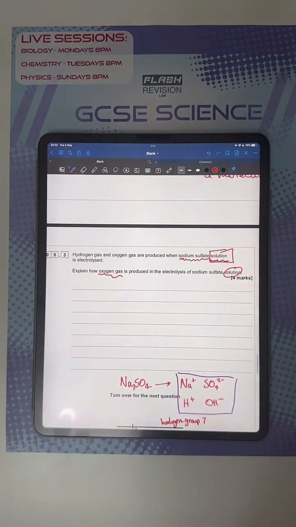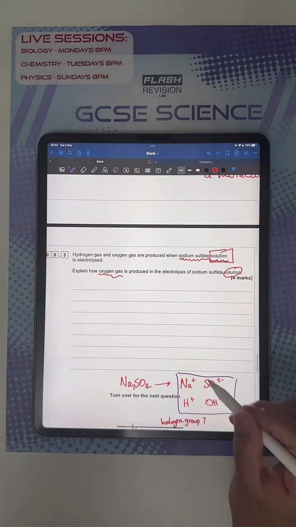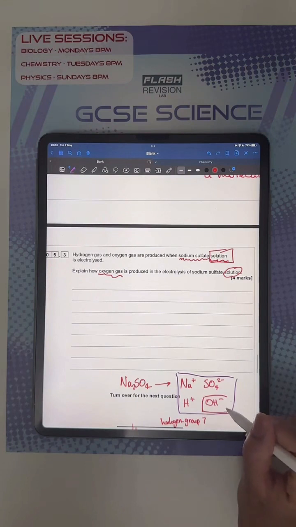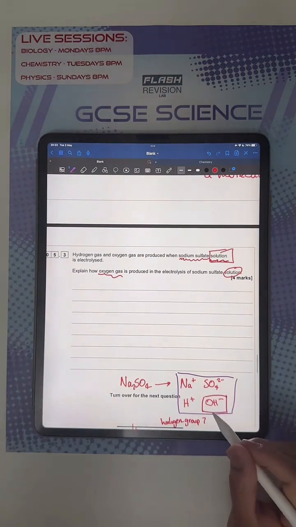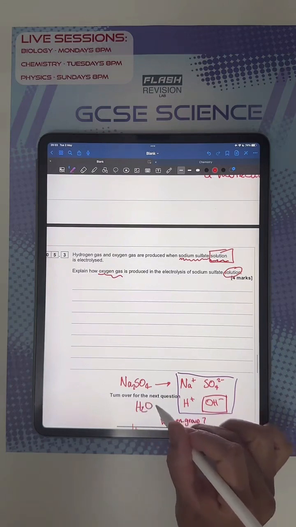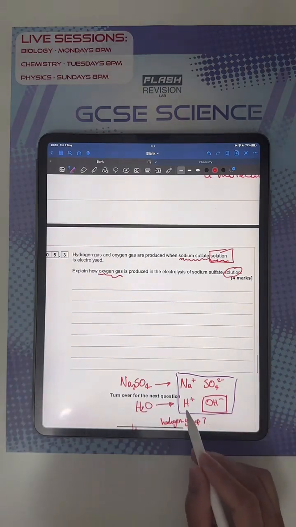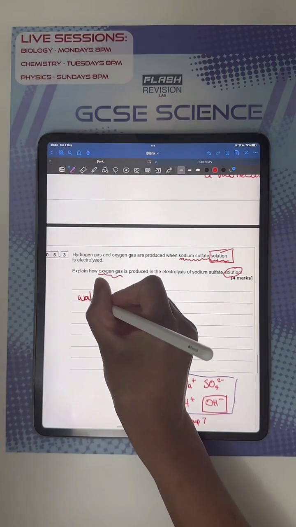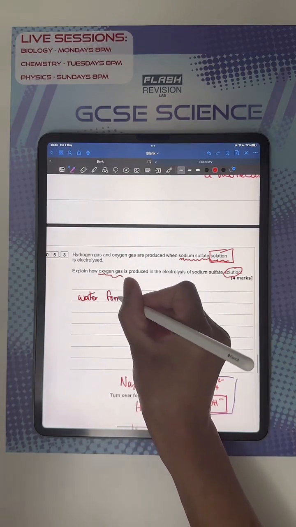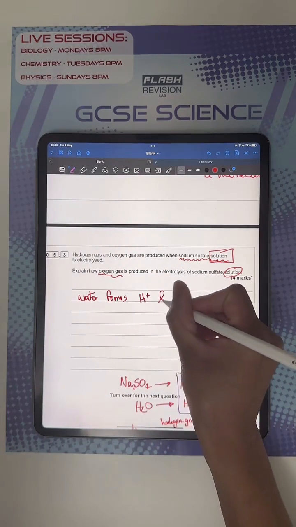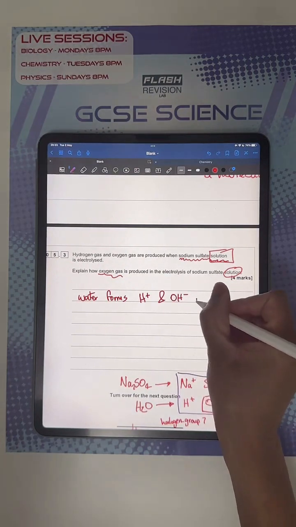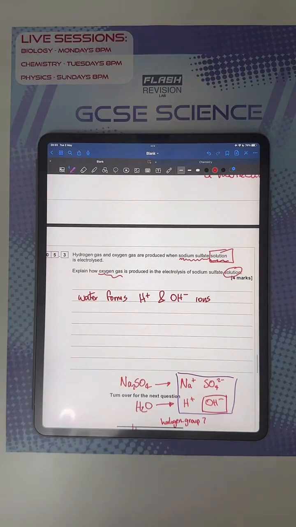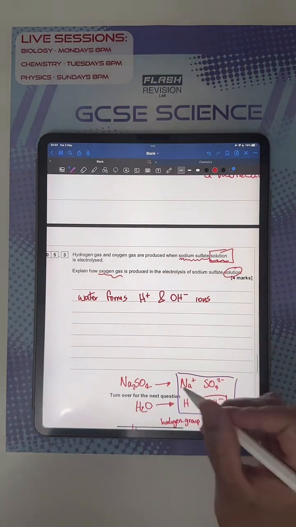Okay, so explain how oxygen gas is produced in the electrolysis of sodium sulfate solution. So you need to talk about oxygen being made here from the OH minus. Where does that come from? It comes from water. Because it's in solution, the water breaks down to form H plus and OH minus. So you get a mark for saying water forms H plus and OH minus ions. That's 2 marks. And then you say the OH minus ions